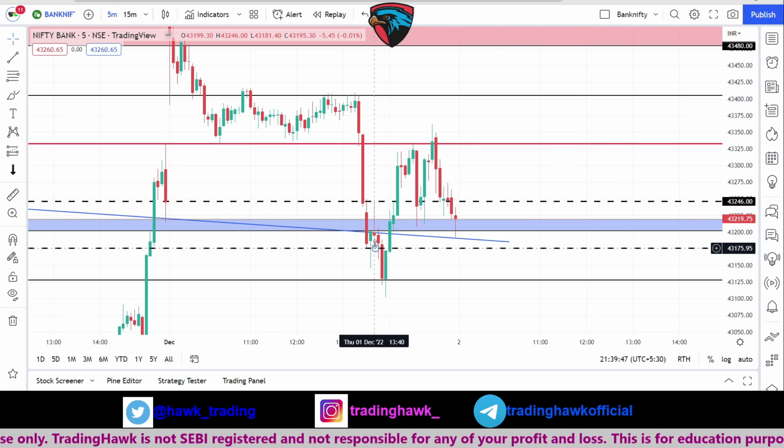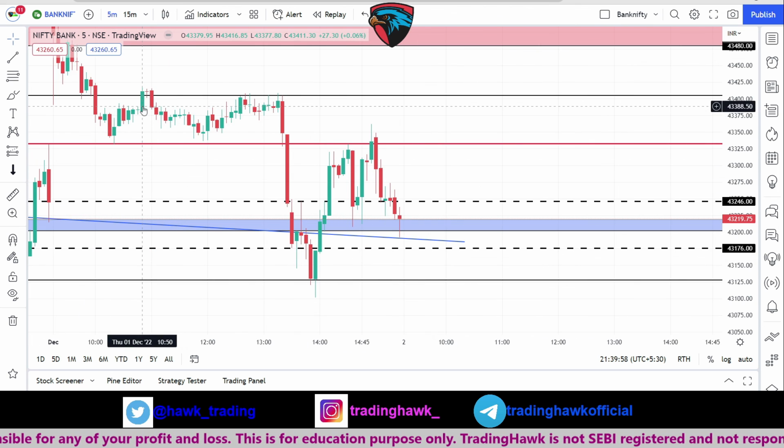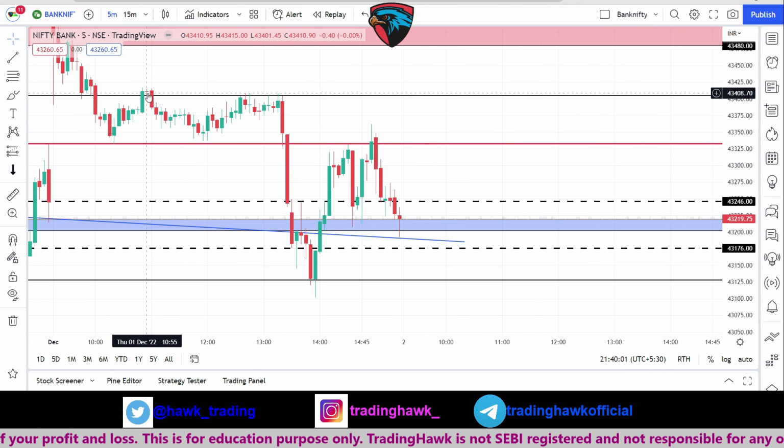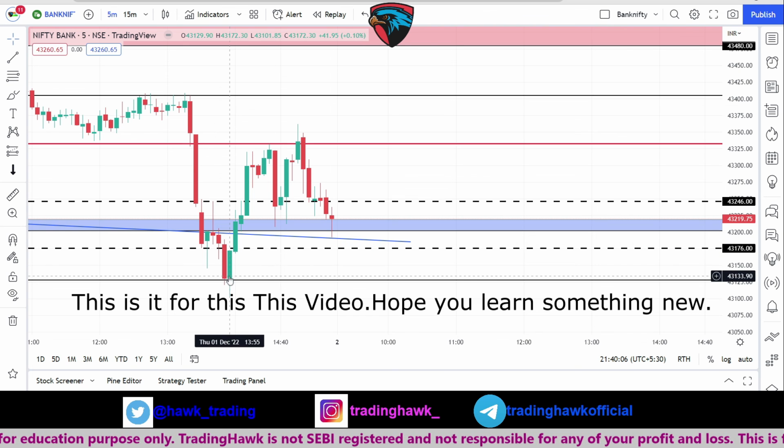ये कैंडल यहाँ तक गया, फिर पूरा सेल ऑफ आके वापस नीचे चला गया, तो मैं क्या बोला था कि अगर इसके नीचे भी जाए तो इसके पीछे वाला फॉलोअप कैंडल तो ग्रीन आया, तो यहाँ पे भी पुट नहीं बनता था। ऊपर गया बट फॉलोअप कैंडल नहीं हुआ, कुछ ग्रीन हुआ नहीं, दोजी बनाया और वापस नीचे आ गया, इसलिए ब्रेकडाउन हुआ, तो नेक्स्ट कैंडल के लिए वेट करो।